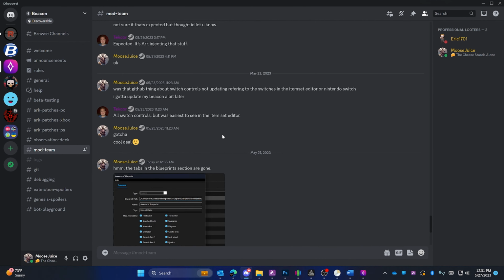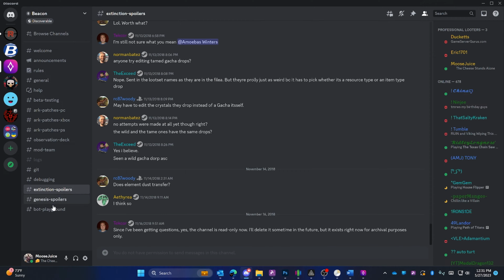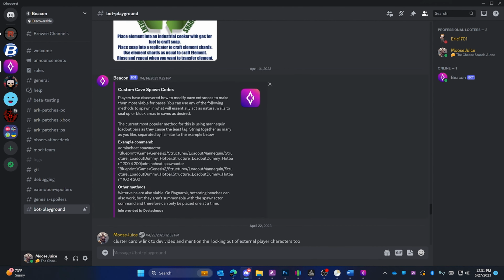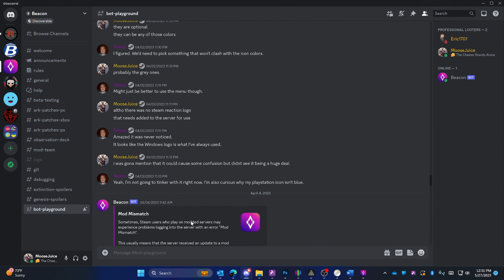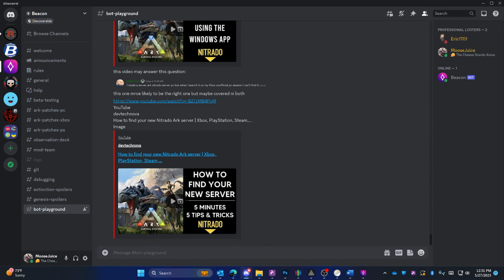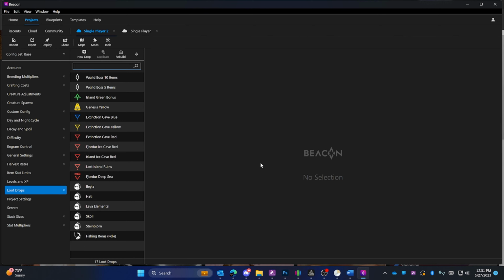He even has some of these features available for some other things. There is a hyperlink to bring up refreshing your user. If your Omni account doesn't work, there's a link to do that. There's a link for doing a blueprint refresh in Beacon. There is a link for opening the ticket submission system into Beacon. So it's a cool little thing he does, and it's useful, and he does intend to expand on the deployment